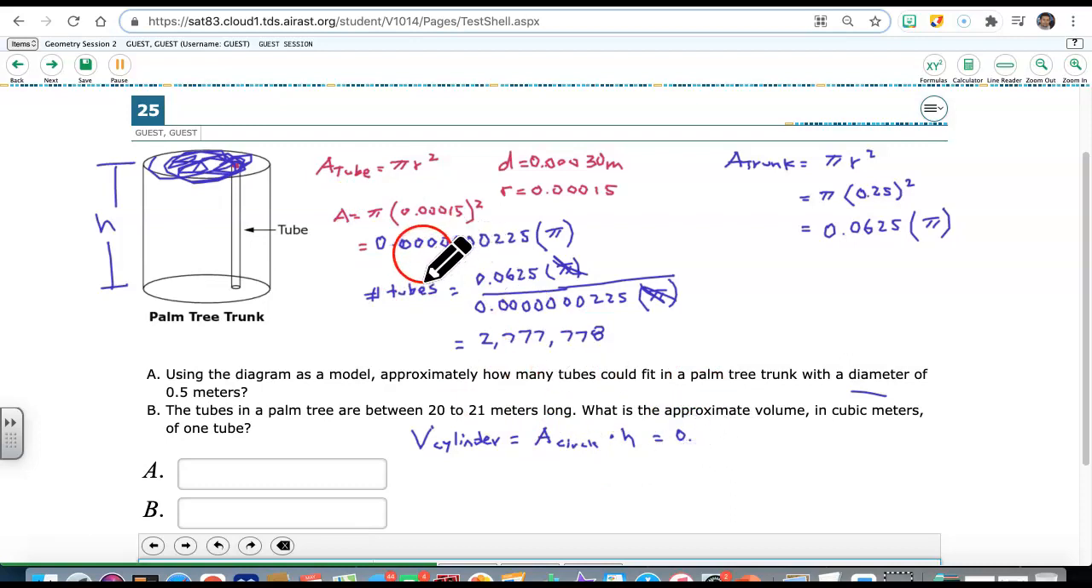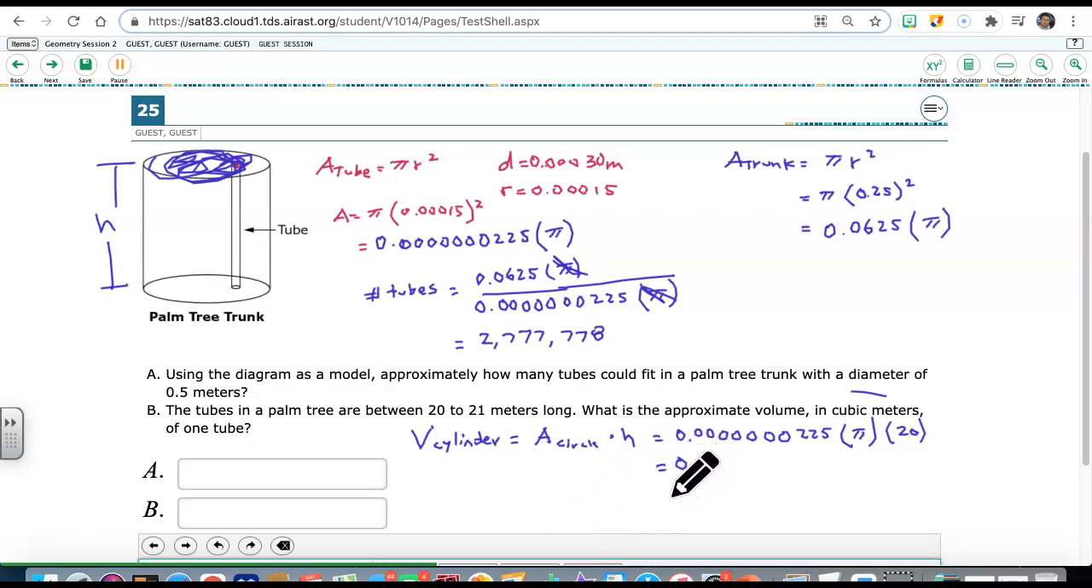How many zeros do I have? 1, 2, 3, 4, 5, 6, 7 zeros, then 225 times pi, and that's the area times my height. The first height they gave me was 20, so times 20, and this number is going to be, let me put this in the calculator,